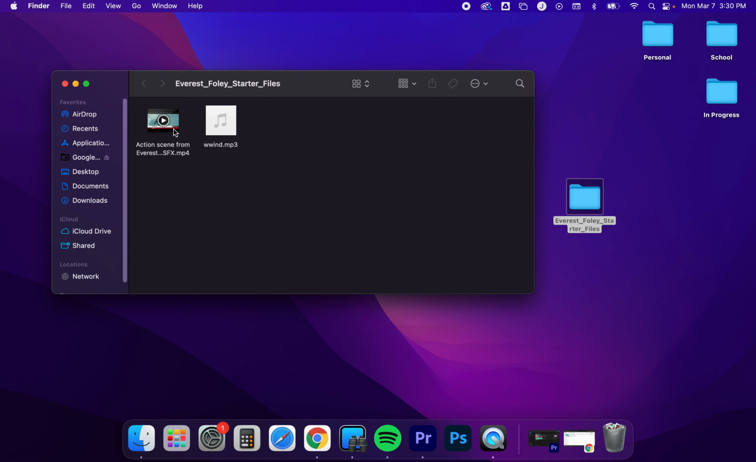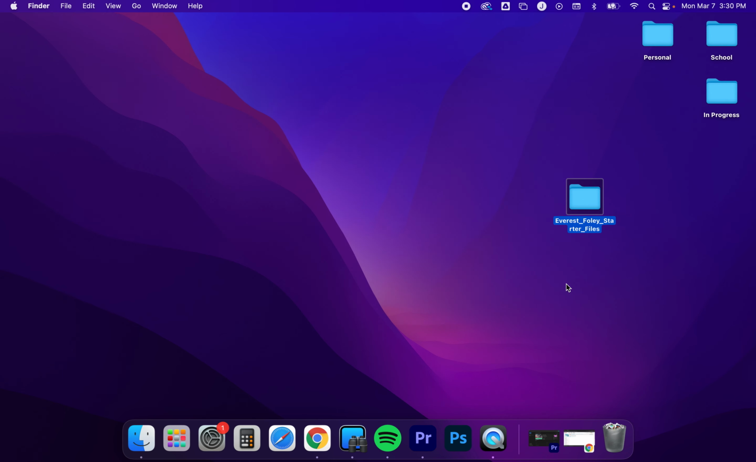So in there you have a video clip and an audio clip. MP4 is video, MP3 is audio. So the first thing I would maybe do is change the name of this folder. And this can just be kind of your home folder for this project. Everest Foley, I'm going to call mine. Then you are